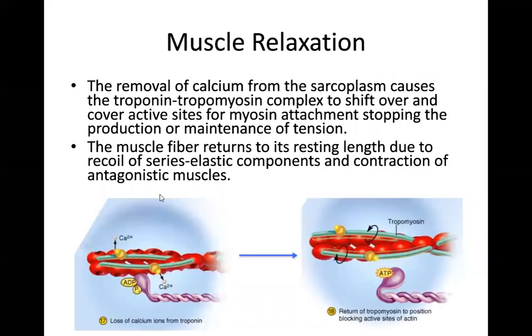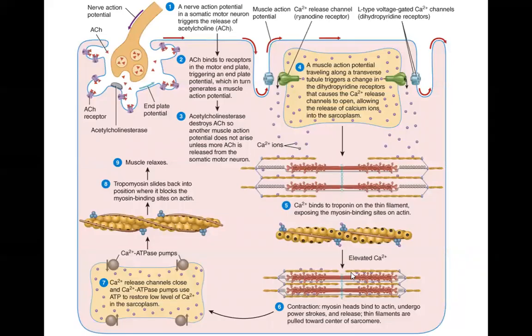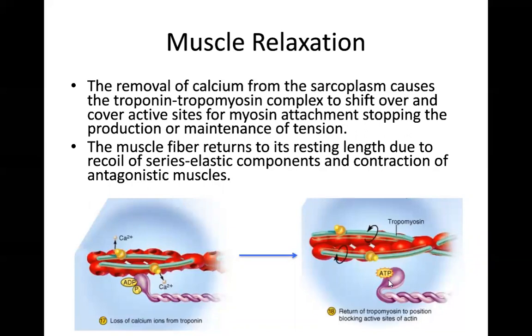No more calcium on the inside of the muscle fiber means no more calcium binding to troponin, which means we're going to shift the tropomyosin back over those binding sites, active sites as it's listed down here. It doesn't show it, but if this myosin was in a position to bind to actin, it couldn't,